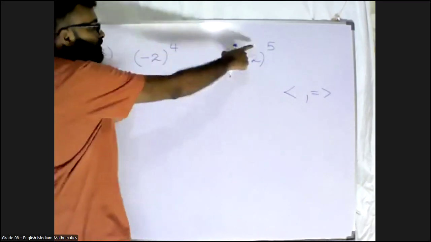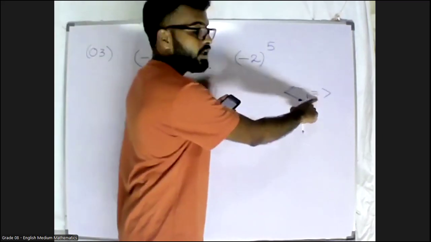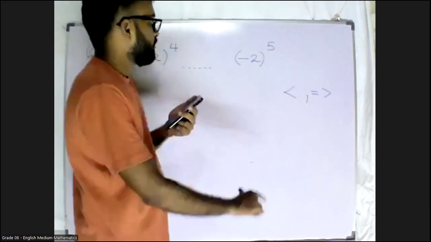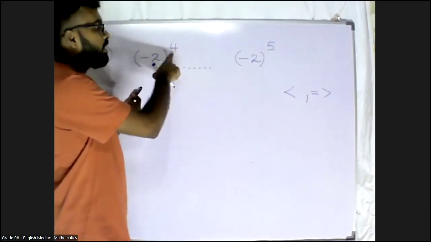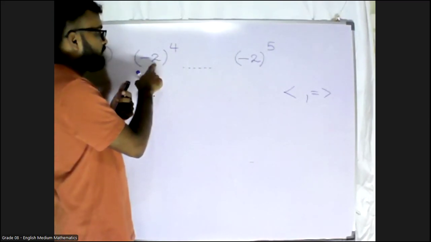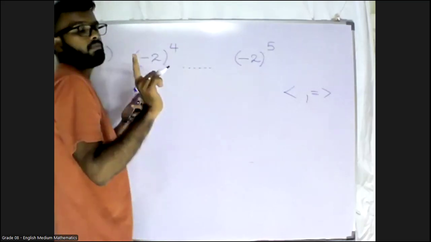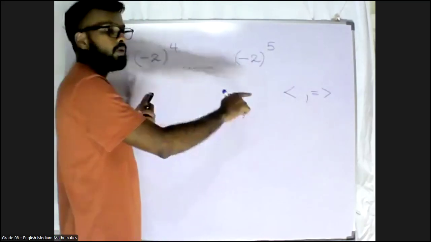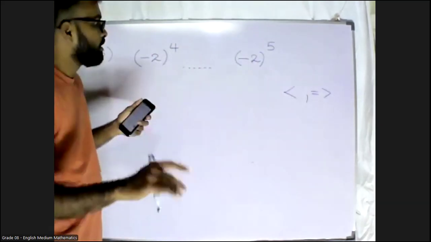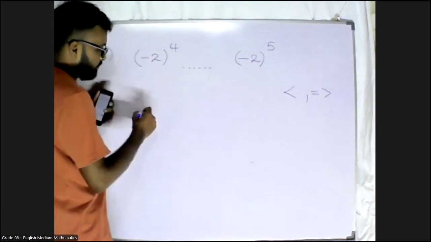Right? You have to fill the blank by using these 2 symbols. By looking at the powers, 4 and 5, you can decide the equal mark should not be there, because the powers are not same. The base is same, but the powers are not same, so the values should not be equal. Now what you need to remember is,